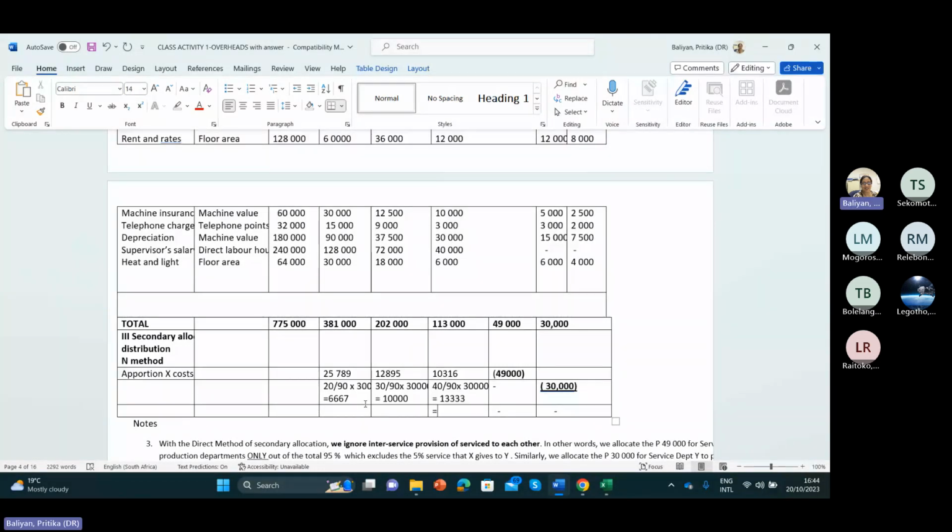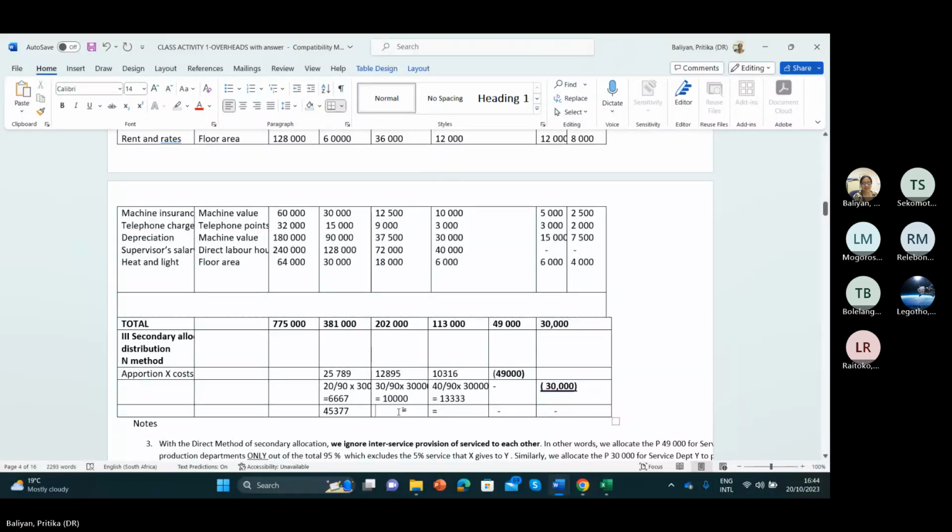So the total will be 45,377. Then for B, the total will be 202,000 plus 12,895 plus 10,000. So the total will be here